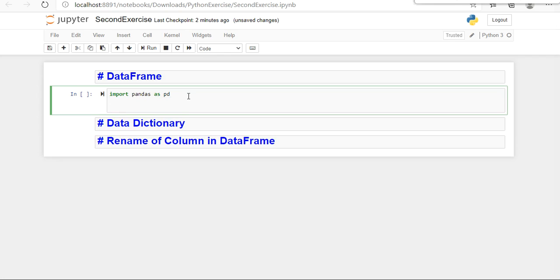In the next line I'm going to create the data. In the data I'm going to write John, and his age would be around 45, his city would be Columbus, and state would be Ohio. The country would be